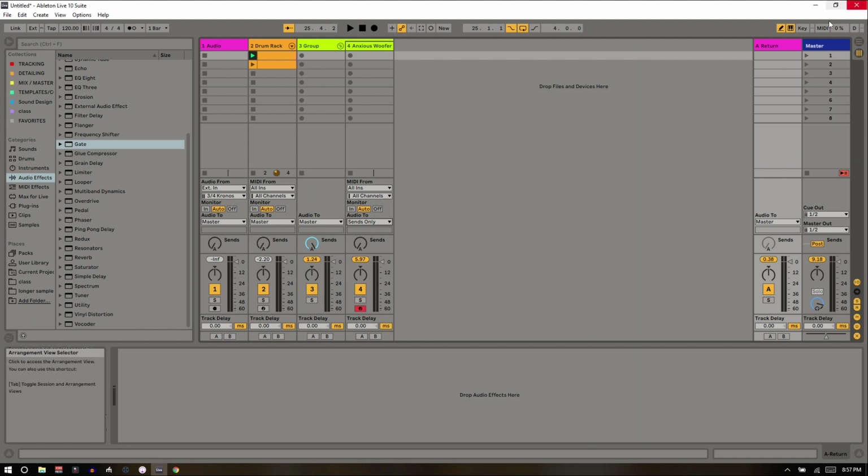Now, if you do get to the master track, make sure your master volume's not all the way down. And in general, you shouldn't change your master volume from 0. Right? That's like a mixing trick. I'll talk about that in videos where I talk about mixing, but generally you don't want to change your master volume. If you want to change how loud the whole thing is, change the volume on your actual speakers or your audio interface, right? So say I am going to the group, which is then going to the master, you'll be able to hear it, but I'm like, that's too loud. I can just turn down the speaker volume,